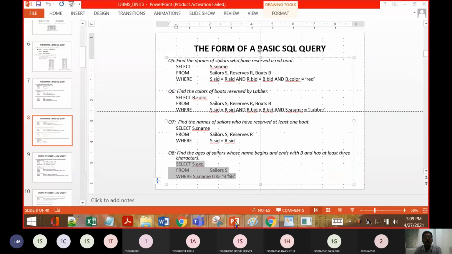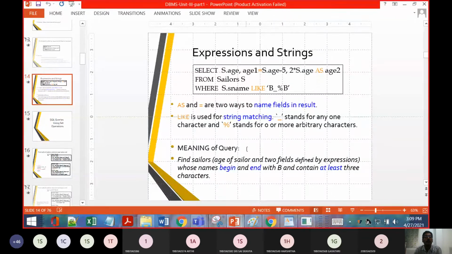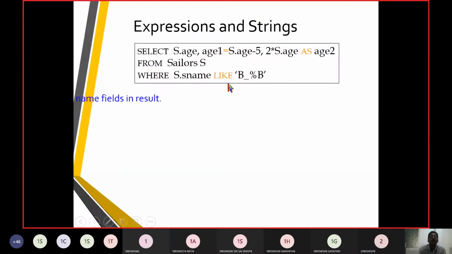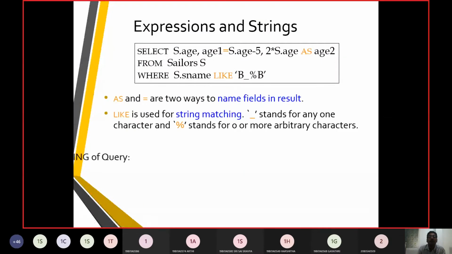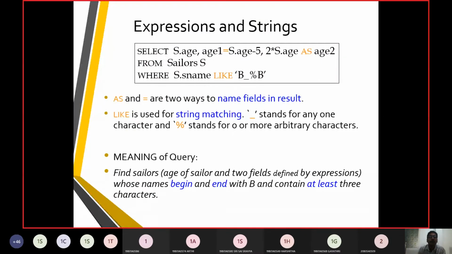Why was it so? Here you can see the description of the expression. As the string match, the underscore stands for any one character.